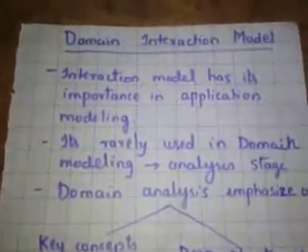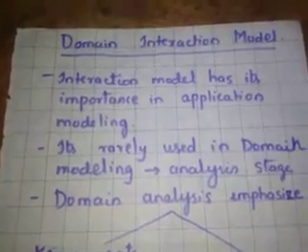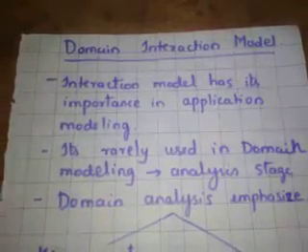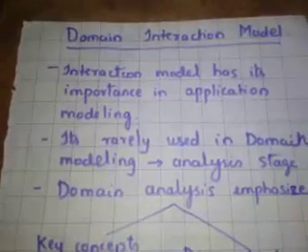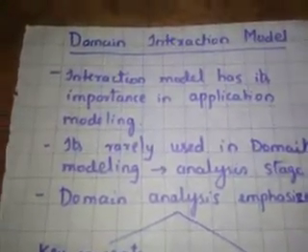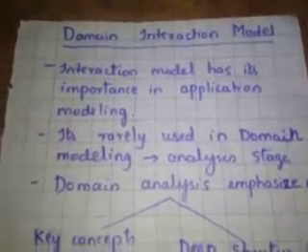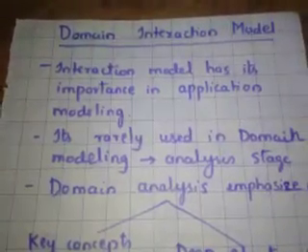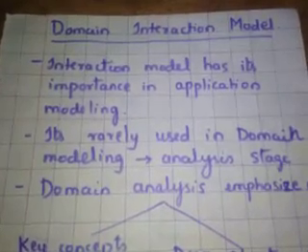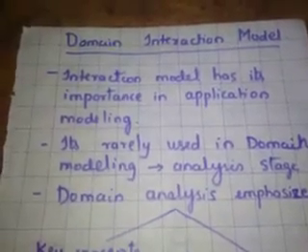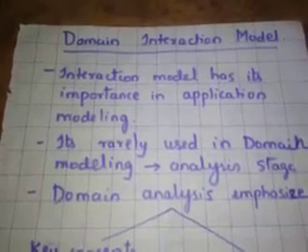Students, today we'll start with the domain interaction model. In the beginning classes, we have learned there are three models. First one is the class model, second is state, and third one is the interaction model. In the class model, we are capturing the static structure of the classes, and in the state model, we are representing the behavior of the object, how it changes over its life cycle. And in the interaction model, we'll explain how dynamically the interaction will happen between the objects.